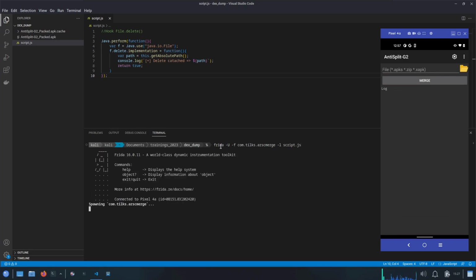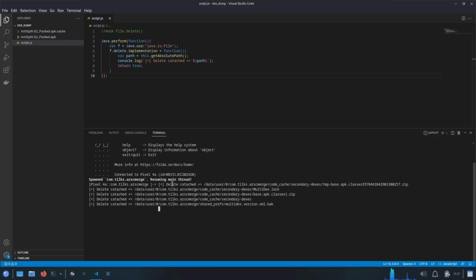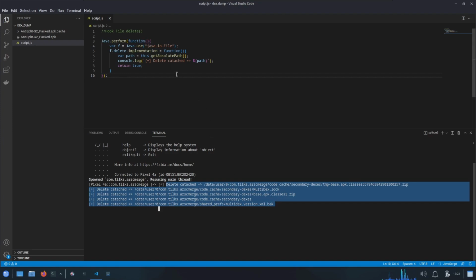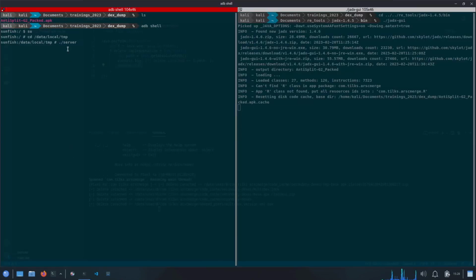Let's hit enter, and the application spawned successfully, and in the console we can see that we have the logs, and in the output we can see that all these files are being deleted using this file.delete method, right? But since we have replaced the implementation of this delete method with our own implementation, so this time instead of deleting these files, it has just returned true every time without actually deleting anything. So these files should be present in the device file system at these locations, right? So let's quickly have a look. Going back to our device,